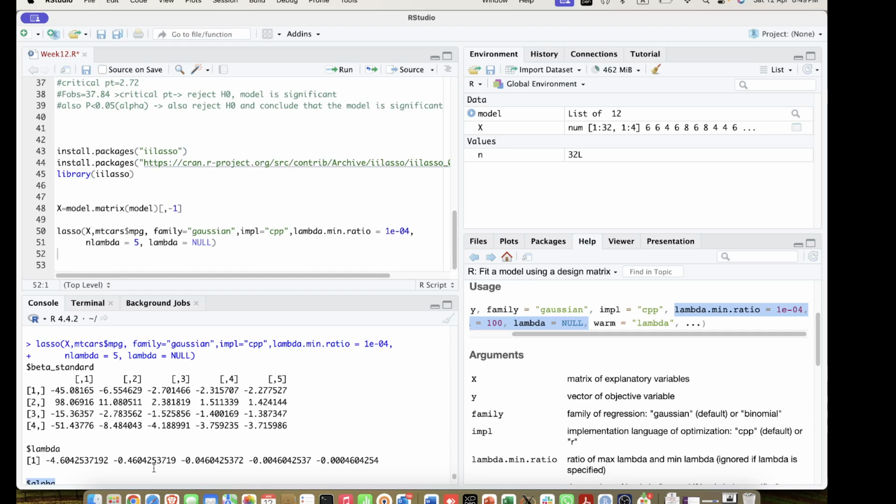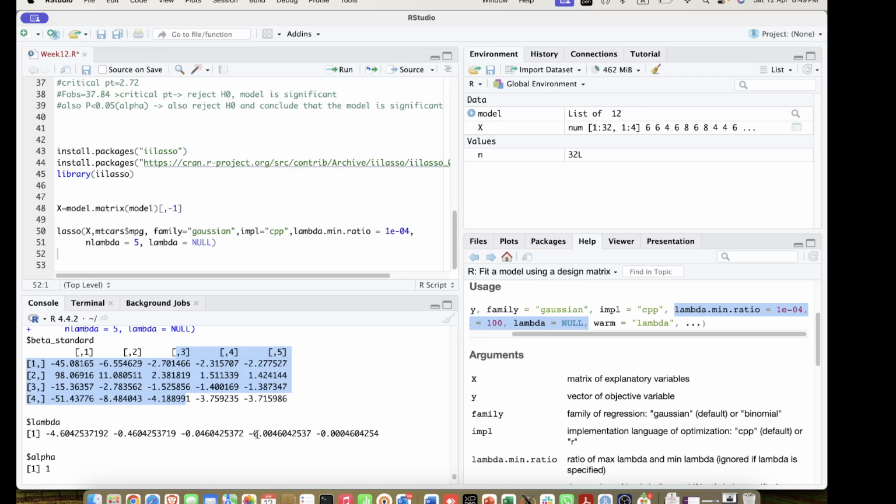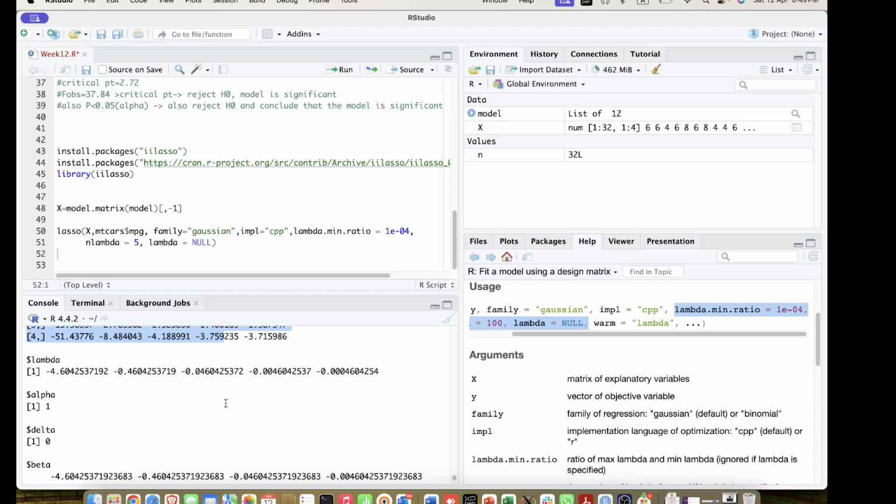Okay, so corresponding to the third lambda value, if I want a standardized beta estimate, then I'll have to look into this column 3. If I want the standardized estimates with respect to the fourth one, then I'll have to look into the fourth column. All right,